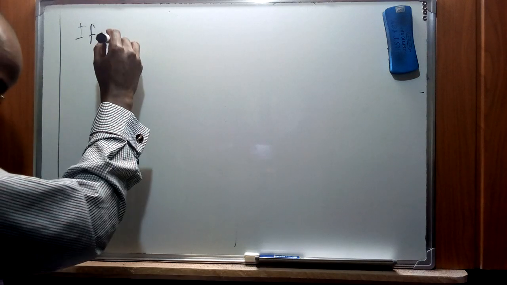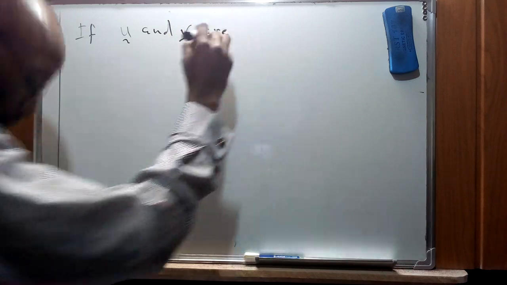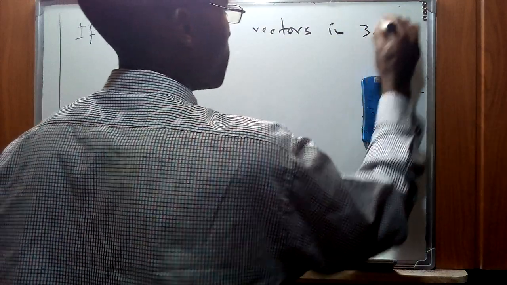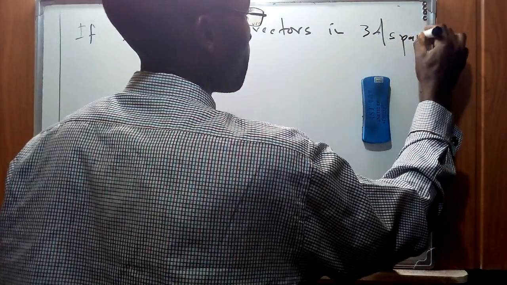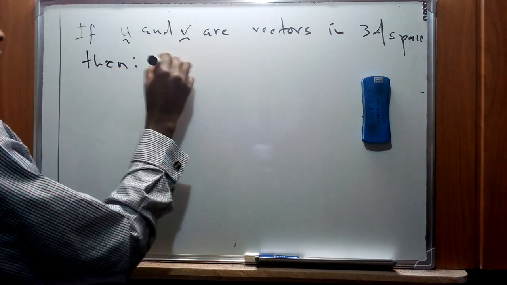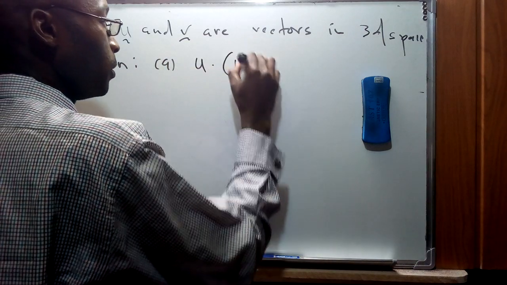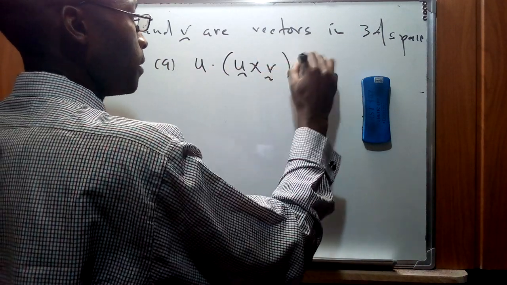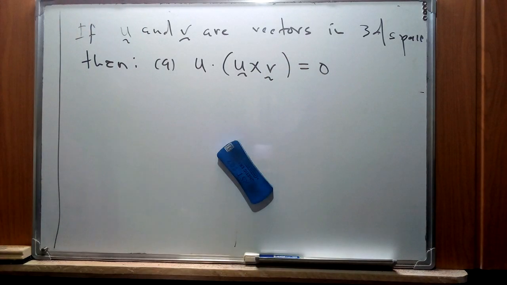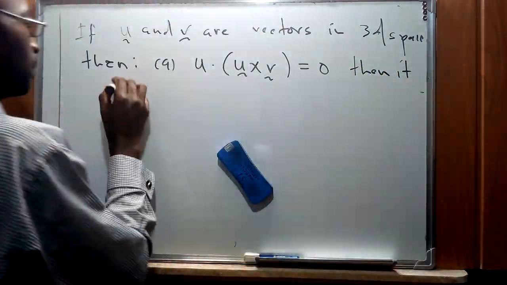If u and v are vectors in a three-dimensional space, then A: u dot u cross v equals 0. That is the one that we have illustrated from the example. Then it implies